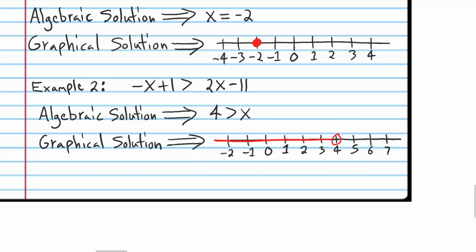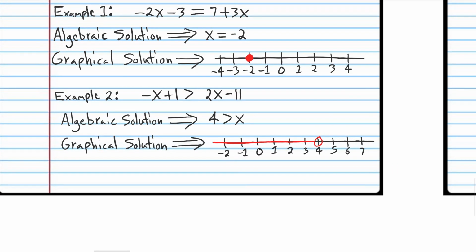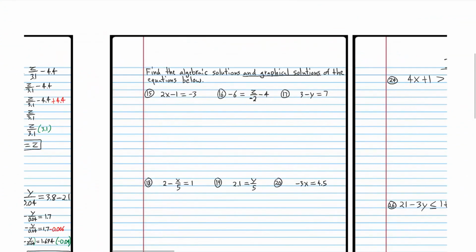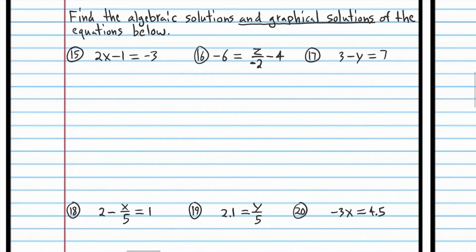So I can sit here and lecture, but it's better to just show you how to do these. Again, this is the algebraic solution, and this is the graphical solution. So let's go on. But before we go to inequalities, let's quickly give you some examples of graphing equations. So if you solve this equation, I'm just going to do this all in my head, you're going to end up with -1. So that is the algebraic solution. But if you graph the solution,